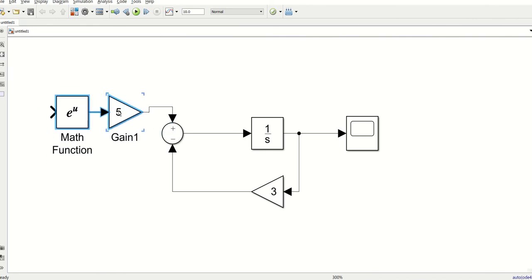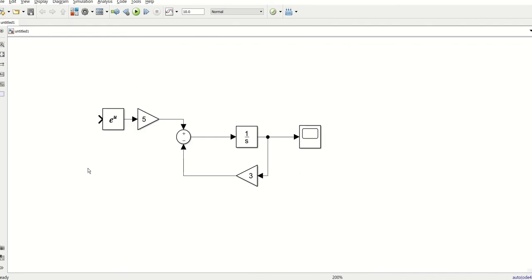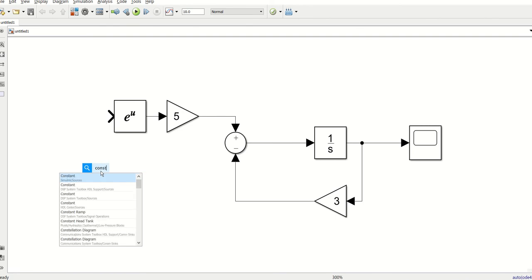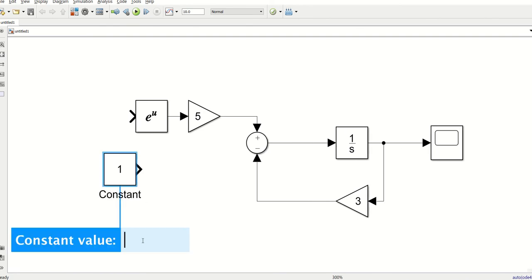Just what I need is to connect one input which is going to give us the x values, ranging over whatever values we want. For that we need a constant, and this constant is actually x.